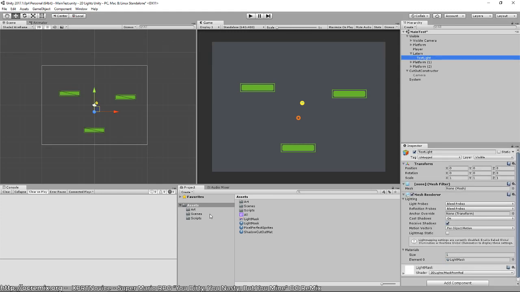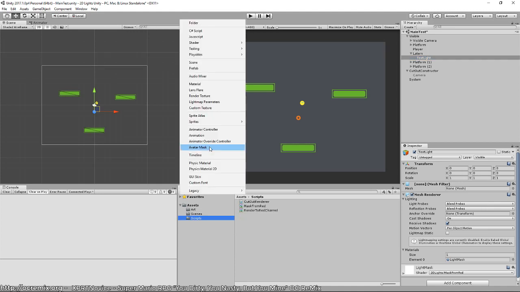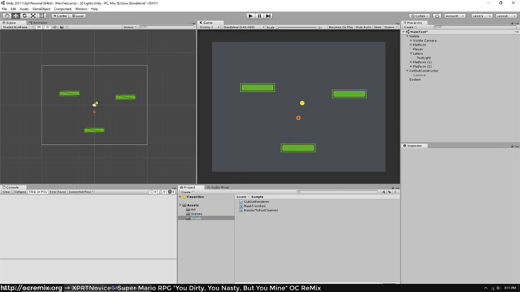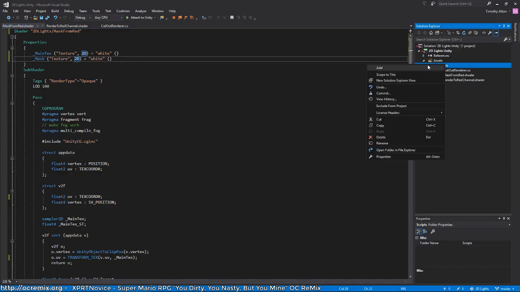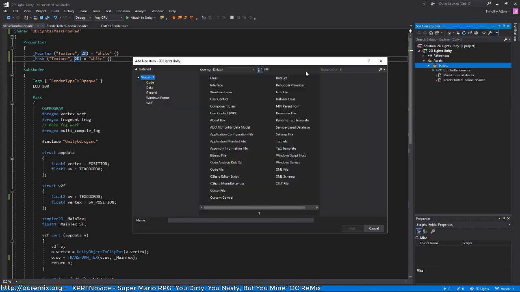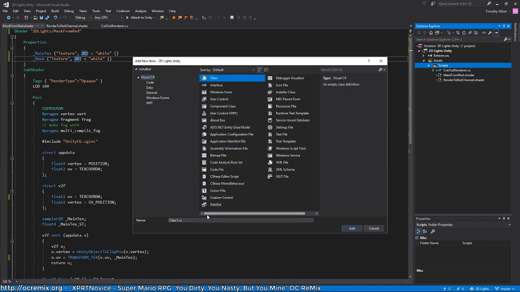Okay, but let's create another component here to actually just create the light mesh. I'll do it in C#. So this will just be light mesh creator,